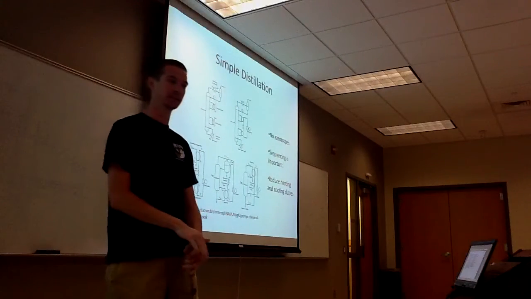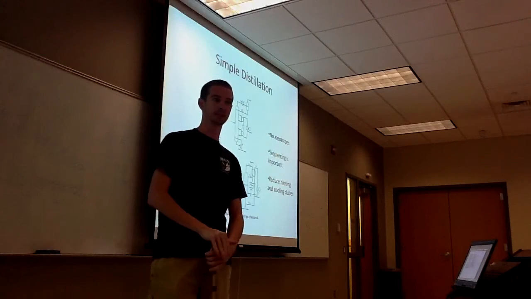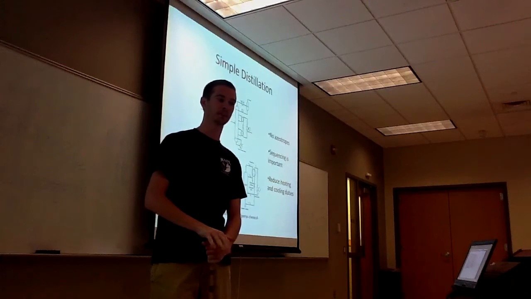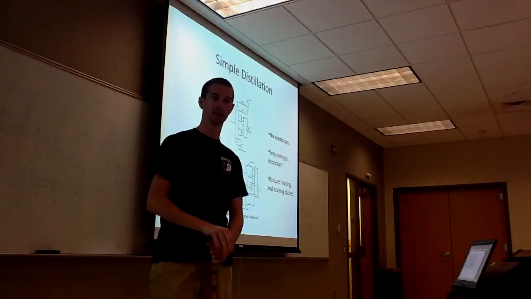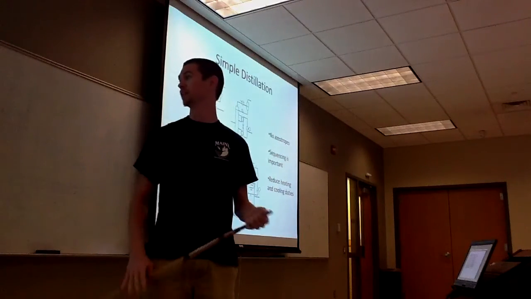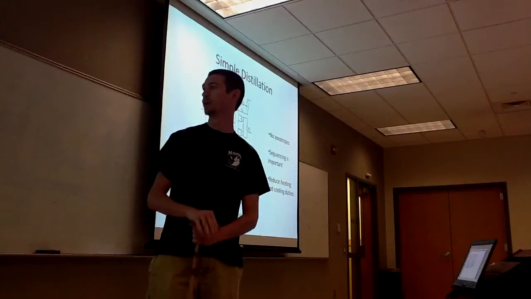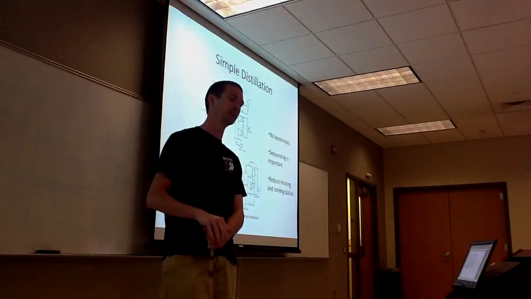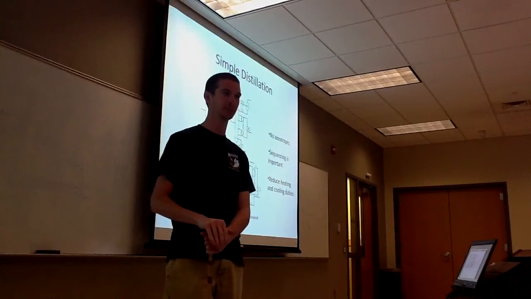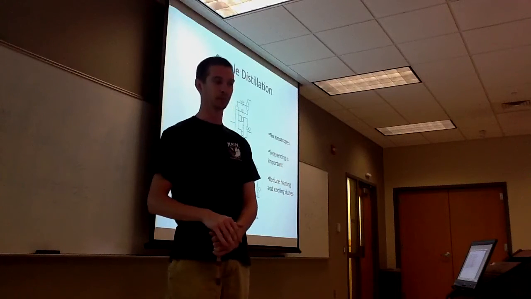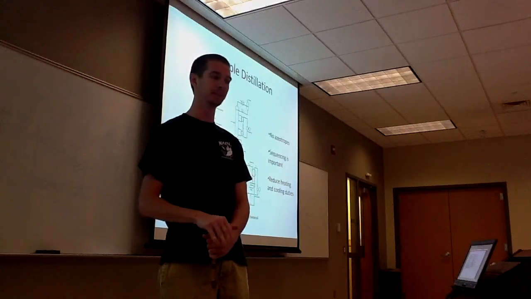As pointed out earlier, distillation is usually one of the most efficient ways to separate two different materials. So the book talks a lot about the process of distillation. And here shows several different distillation column configurations. This is for simple distillation, which means there's no azeotropes. It means you can separate your two or more liquids without any